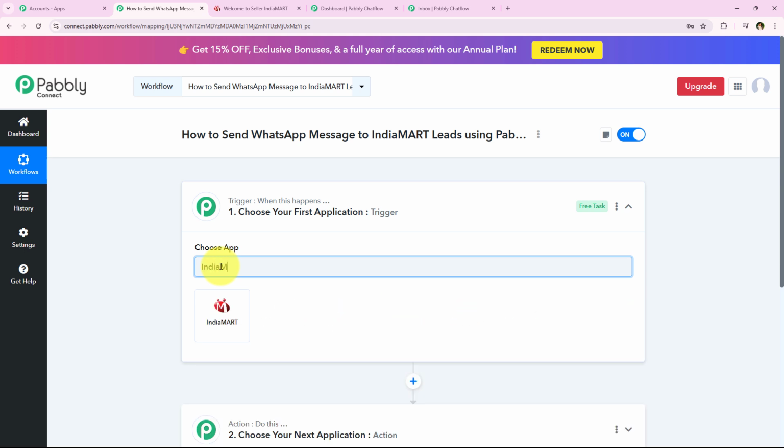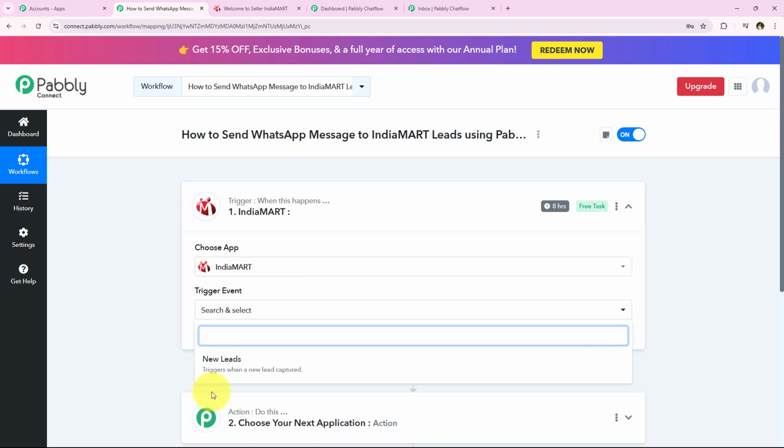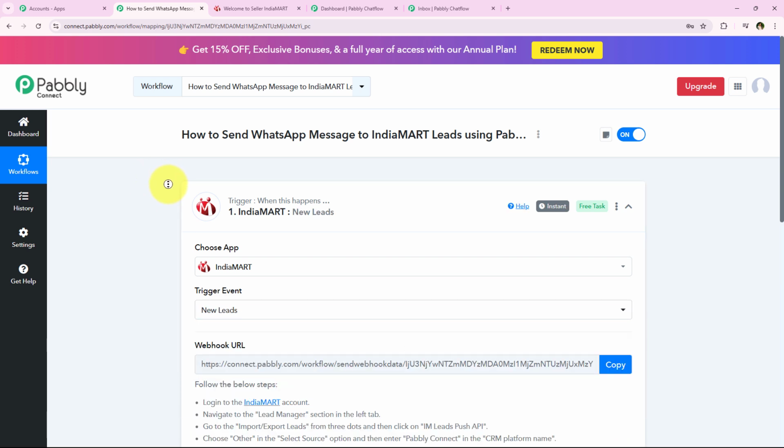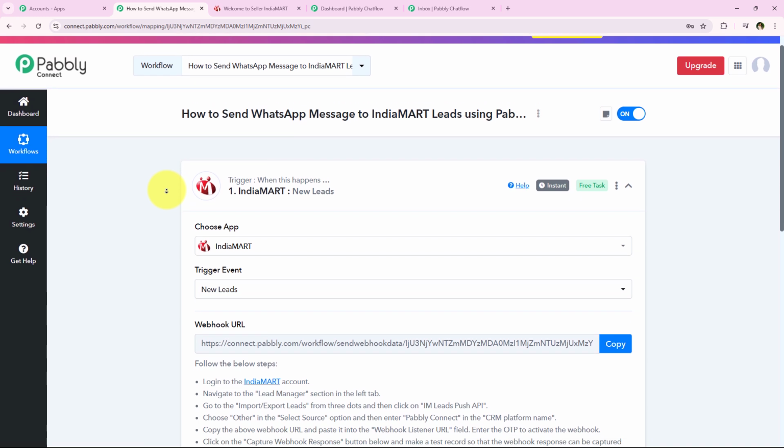I'm just going to search for IndiaMART, and as you can see the same, so we are going to select it. And as soon as we select the trigger application, it is asking me to select the trigger event. So basically trigger event is the event on which the workflow will start. So what I want is that as soon as a new lead is captured, my workflow should start or get triggered. So I'm just going to select my trigger event as new leads,